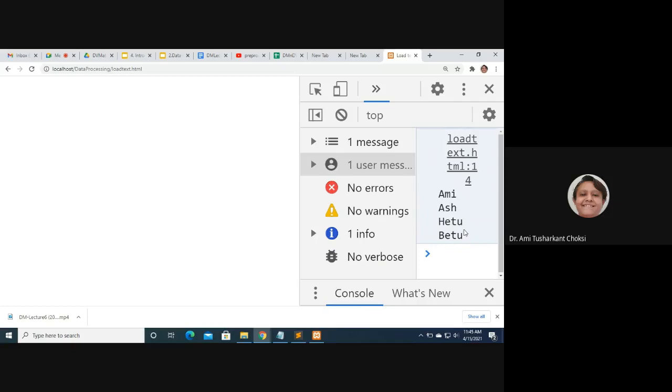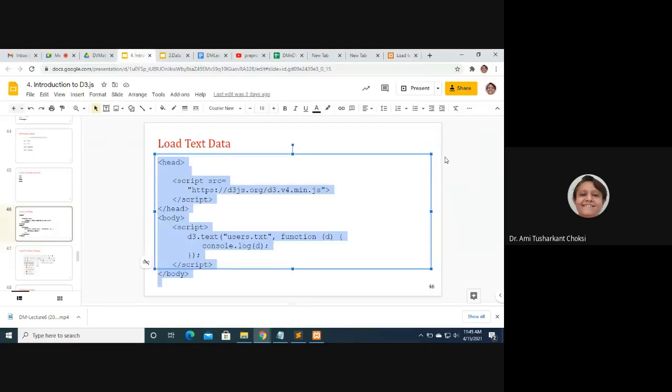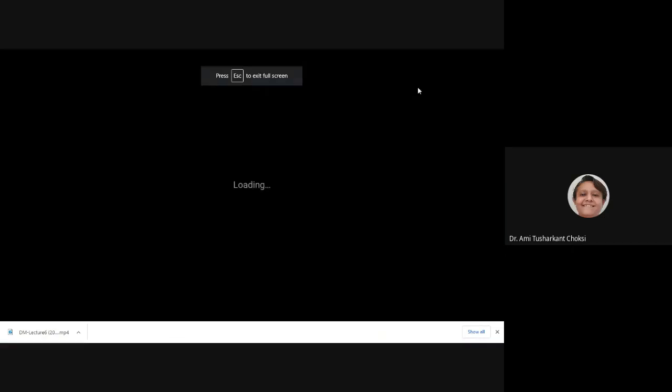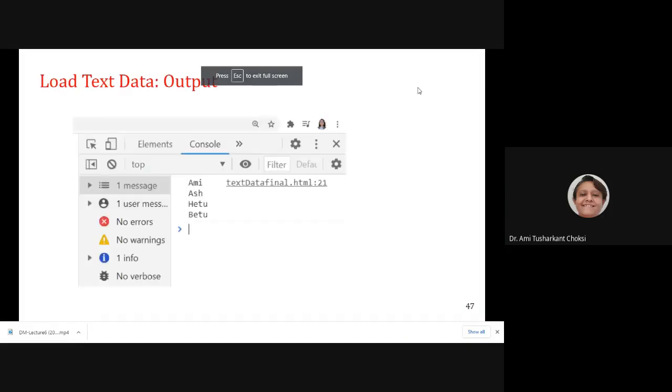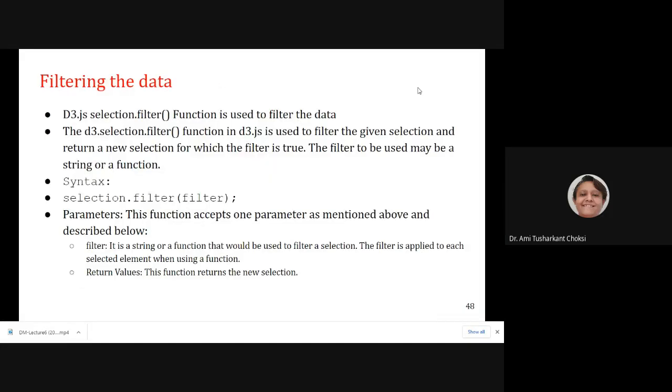This is the way we have loaded the text file, isn't it? This is the output.